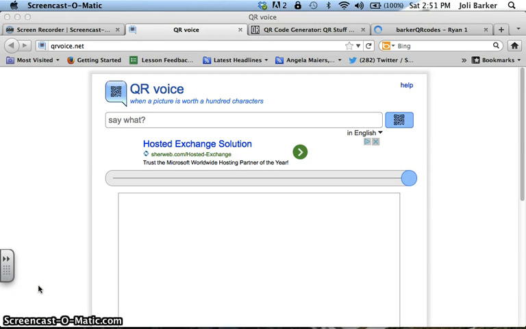Hi, this is a tutorial to teach you about a couple of options you have for using QR codes in your lessons and also how to streamline the process so that you are as efficient as possible with presenting information to your students through QR codes. The first one I want to show you is